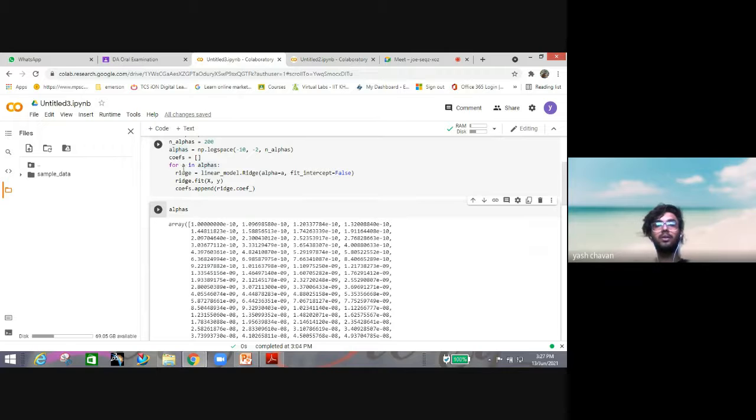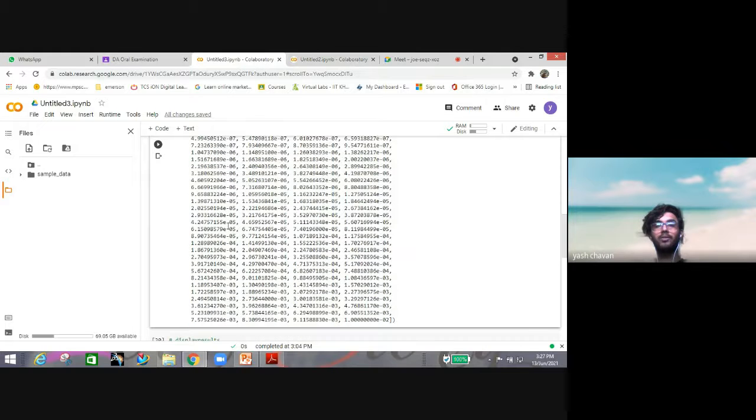So we have here: for a in alphas, ridge = linear_model.Ridge with fit_intercept equal to false, and ridge.fit(X, y). Here we have appended the coefficients, coefs.append(ridge.coef_). So here we are getting the array from bigger values to smaller values, as you can see.